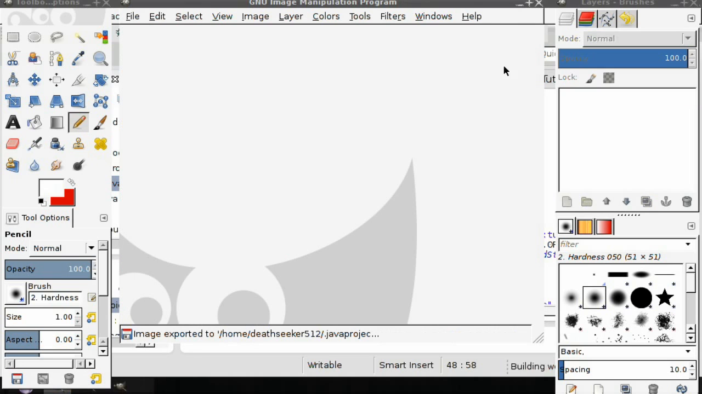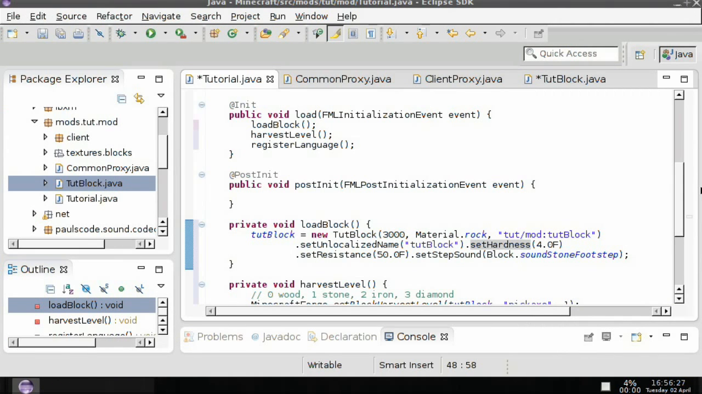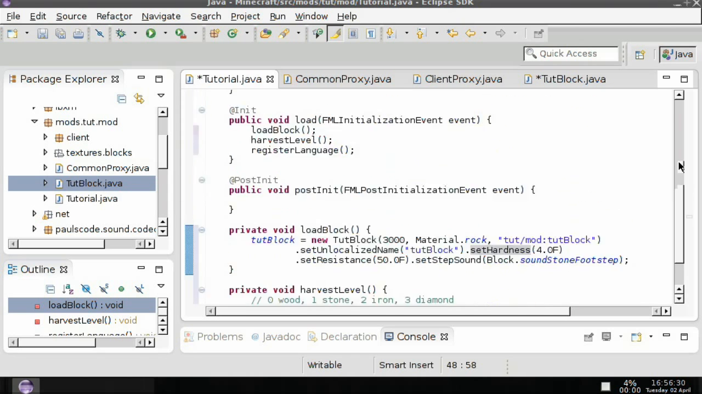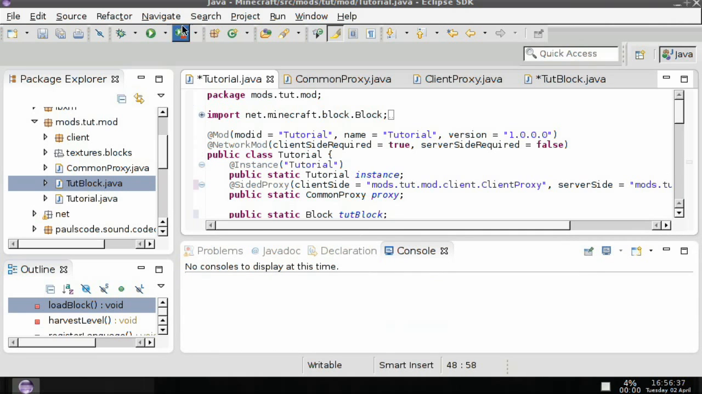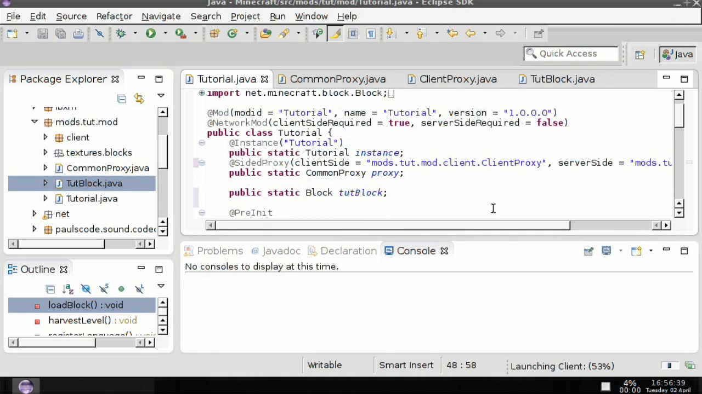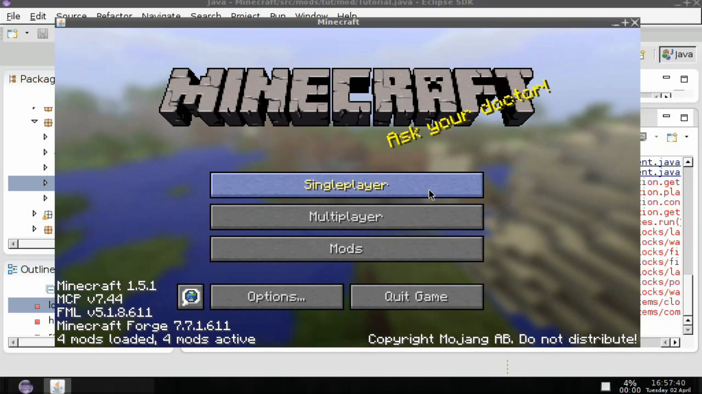And close without saving, and close. And now that that's done, let's test to see if it works. So I will bring this up and run it, and I'll come back after Minecraft's up, or if there's a problem. Alright, now that Minecraft is up, you go to single player,